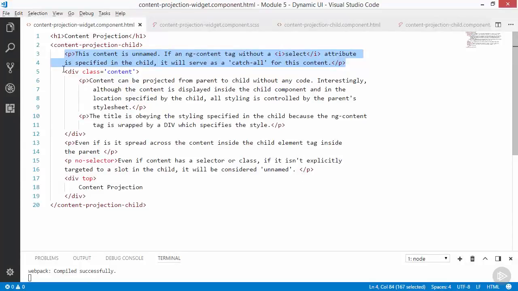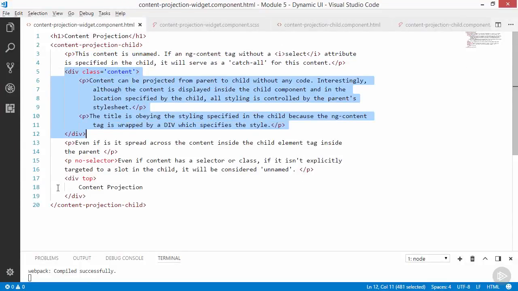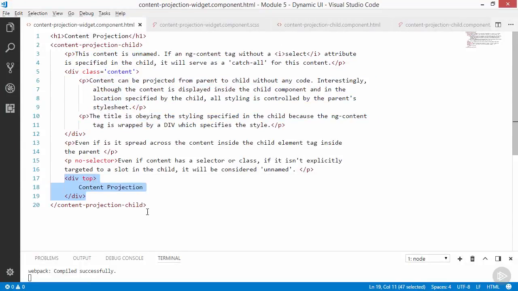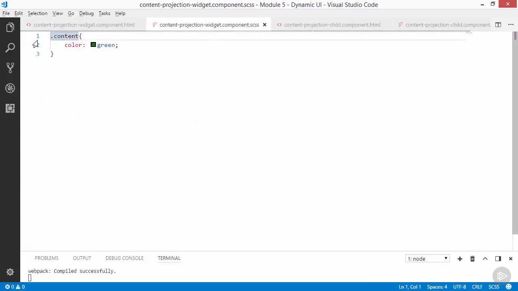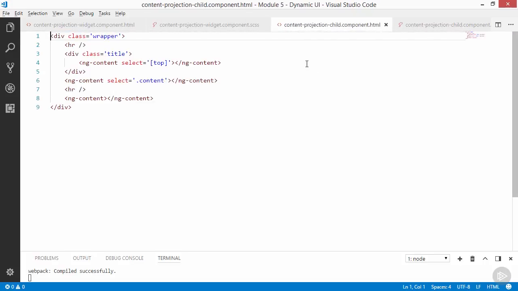The content piece and the title specified down the bottom here are named. The title has an attribute of top, and the content has a class assigned to it of content. Looking at the CSS for our parent, you can see here's where we're specifying that our content is green. When we go over to the child in the HTML,